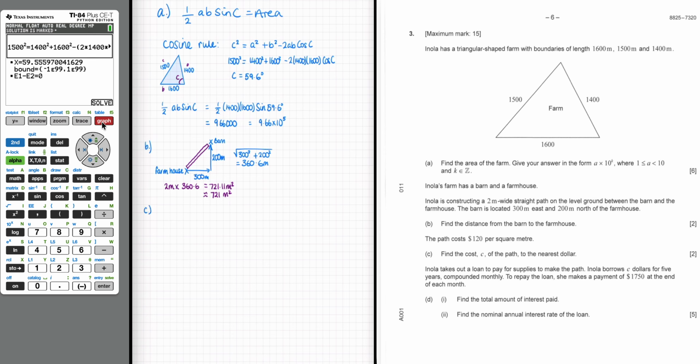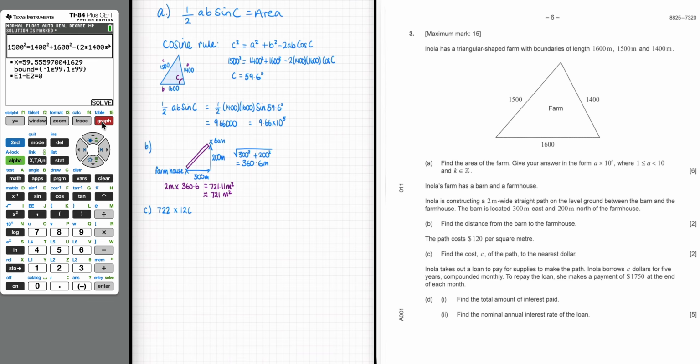So part C, we're then asked to find the cost of the path to the nearest dollar. It costs 120 per square meter. So that means I'm going to need to round it up to 722. It needs rounding up because if I only buy 721, it's not enough. So 722